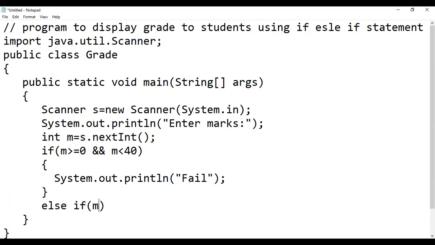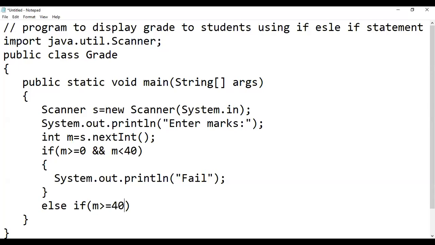Here second condition can be marks greater than or equals to 40, because in previous condition marks will be considered till 39, because 39 is less than 40, and for 40, less than 40 condition becomes false. 40 will not be counted into if statement. So now in this condition we consider 40, so that's why equals to is used.